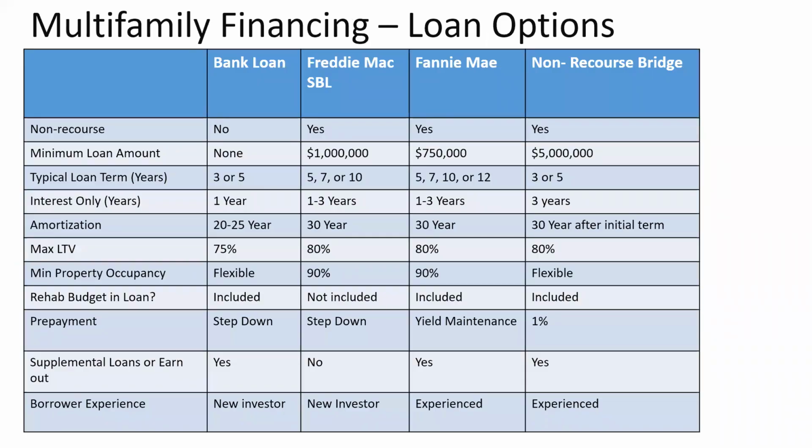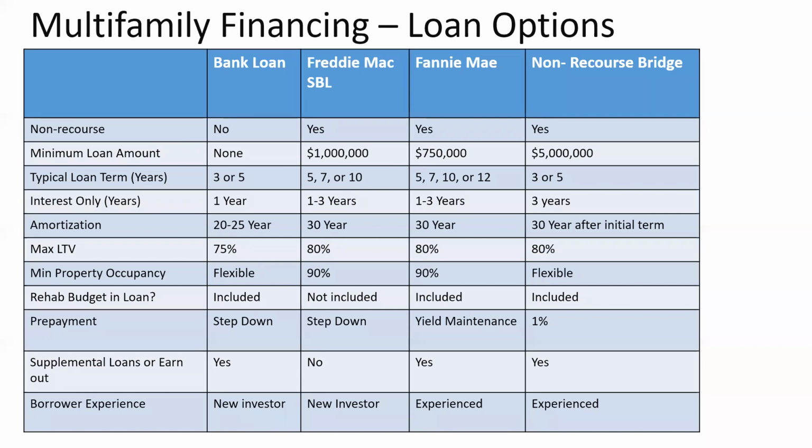So here is a snapshot of the 4 loans that almost every multifamily investor will use at some point in their career. If you start on the left-hand side, this is just your standard bank loan. This is a recourse loan. If you've invested in single family, recourse loans are your standard loan, where you're putting up a personal guarantee. So if there's any issue, if you get foreclosed on and there's a deficiency, you're going to be responsible for that, and they can go after your personal balance sheet.